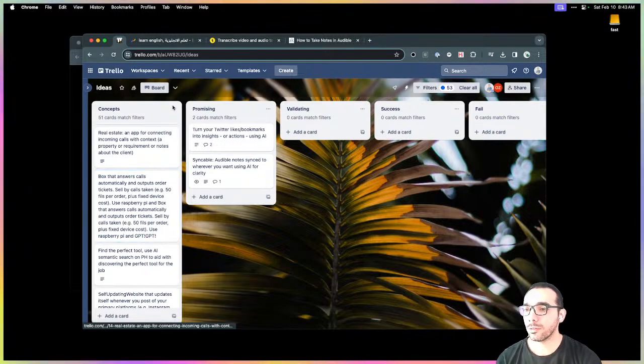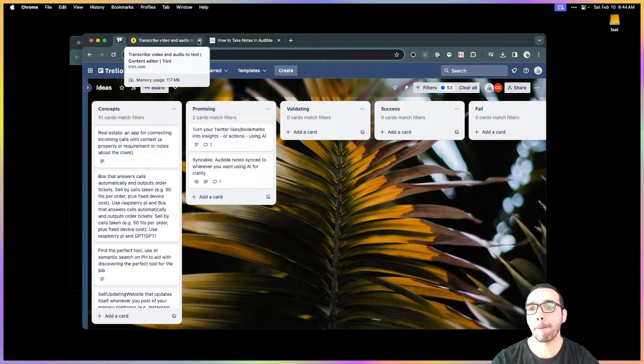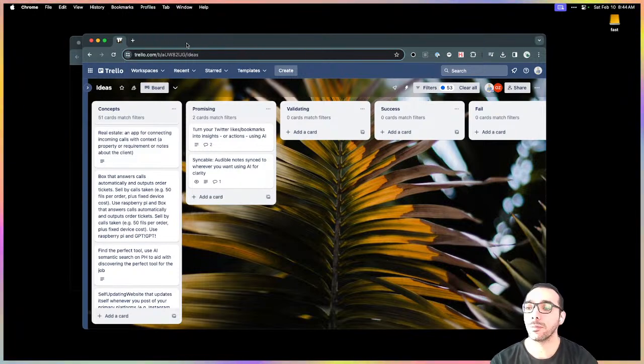Real estate, an app for connecting incoming calls with contexts. This sounds interesting in theory, but I know nothing about the real estate space, so I'm just not sure whether this actually exists or doesn't exist. It's more exploratory.